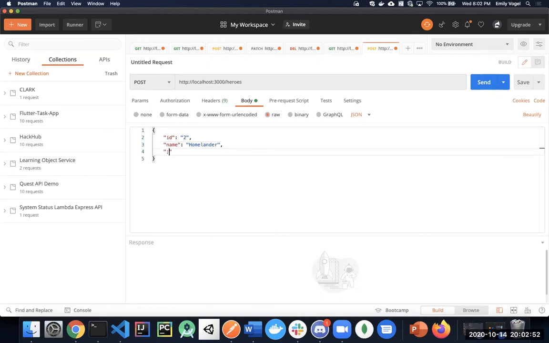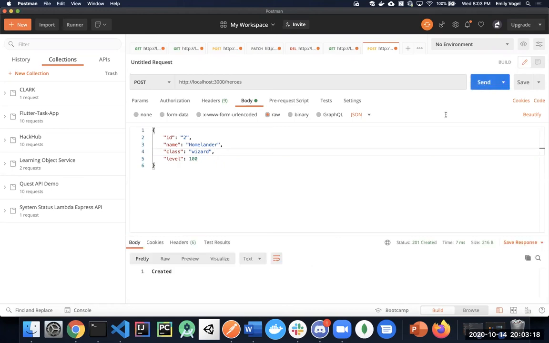We'll make Homelander, I don't know, we'll do a rogue, or not rogue, we'll do a wizard, because why not? We'll do level, it says it's created, so if I go here,